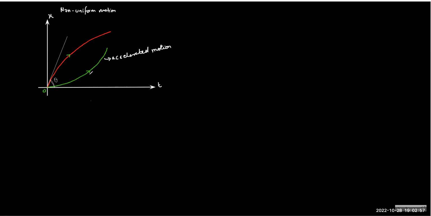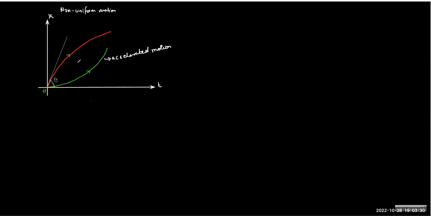No, because the slope of the xt graph represents velocity. And in fact, I can see that velocity is maximum at the origin. Maybe it is coming from somewhere behind, but we are plotting from 0 because we are taking the origin at 0. So while crossing the origin, it has the maximum velocity. But the moment you progress ahead of the origin,